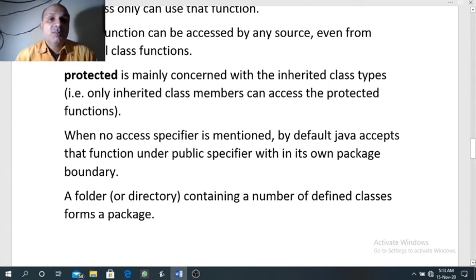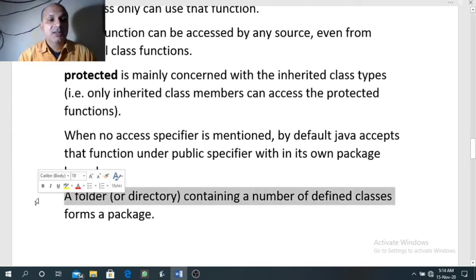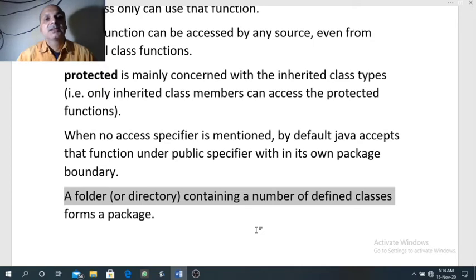That function cannot be used outside the package. So to use the function outside the package, we must make it public. Now, what is a package? A package is nothing but a folder or directory which contains a number of defined classes. Or you can say a package is a collection of classes.